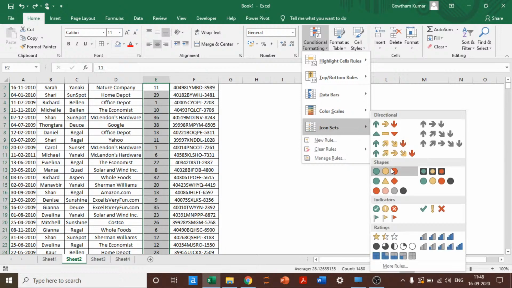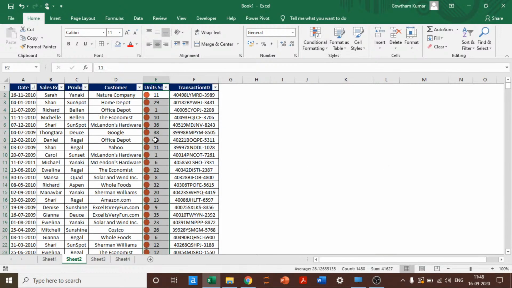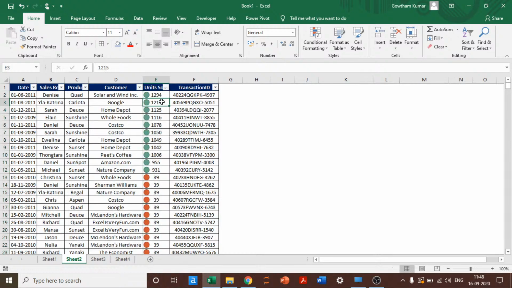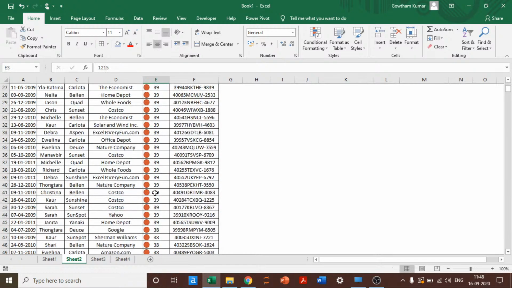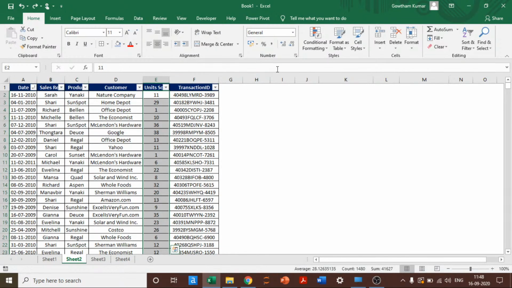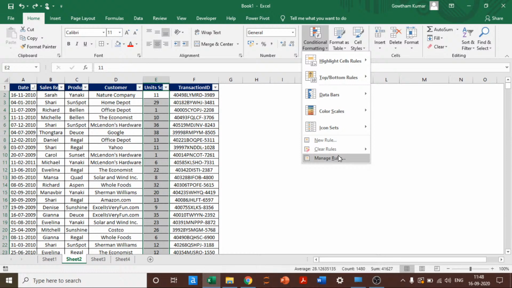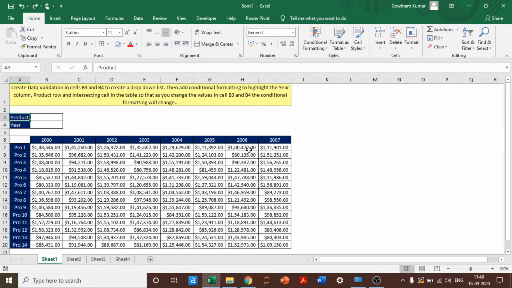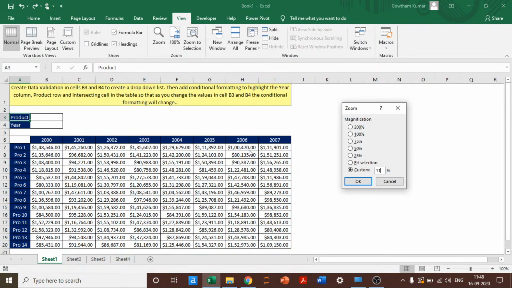Then with icon sets, I can group the data into three colors. We can have three bars. So the data with the largest value will be in green in color, and the other things in other colors. This is something that we can achieve just to distinguish or identify a particular pattern. Assume I wanted to create a new rule, how can I custom create a rule? How can I apply the concept out of it? For that, I have a different example in this case. Now,